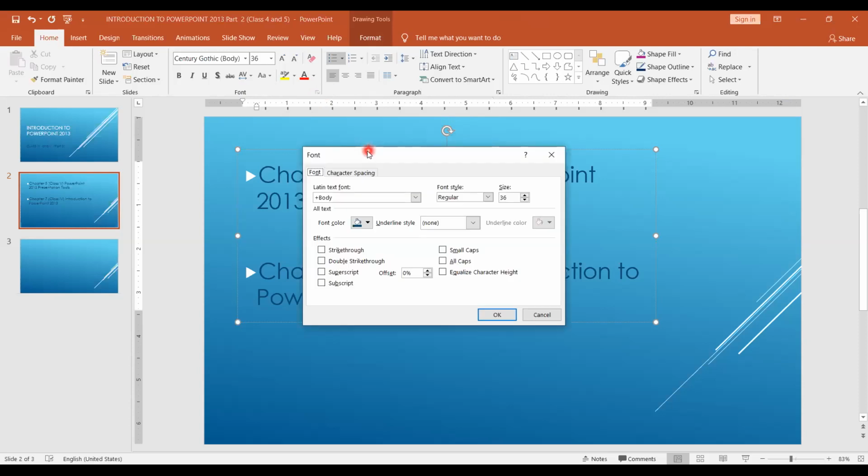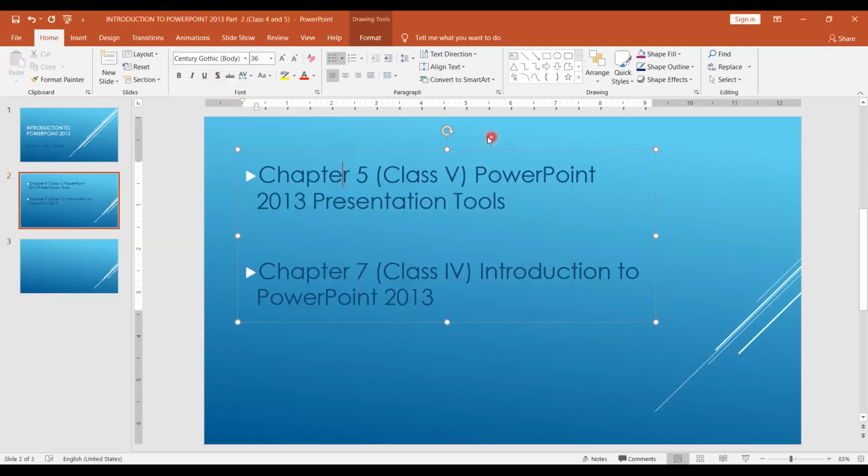Can you see all the commands? Yes, the commands are here also. In this Font group, the commands are here also, but from the dialog box, you can see the commands here as well. Okay, so it's up to you. Either you can go from here, but there are more commands here. So in the dialog box launcher, you have more commands related to that group. Like in this, we call it the Font group. Okay, now you can close it.